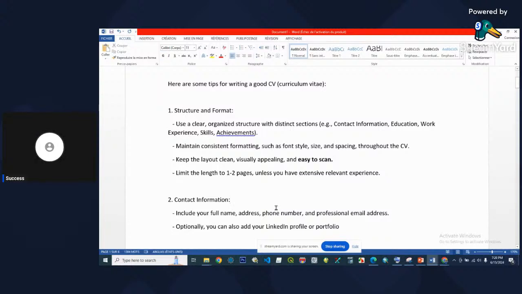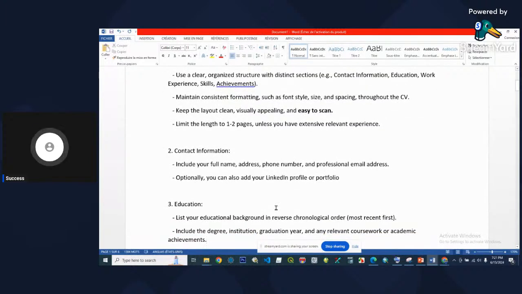Limit the length to one to two pages, ideally, unless you have extensive relevant experience. One to two pages is ideal for somebody who's just coming from the university, or is still schooling, or whose experience is narrow. Don't put unnecessary information. But if you have extensive experience and a lot of skills that you know can attract somebody, fine, you can go to three. But by the time you start going to five, that's just rubbish. I don't see a need for your CV going to five.